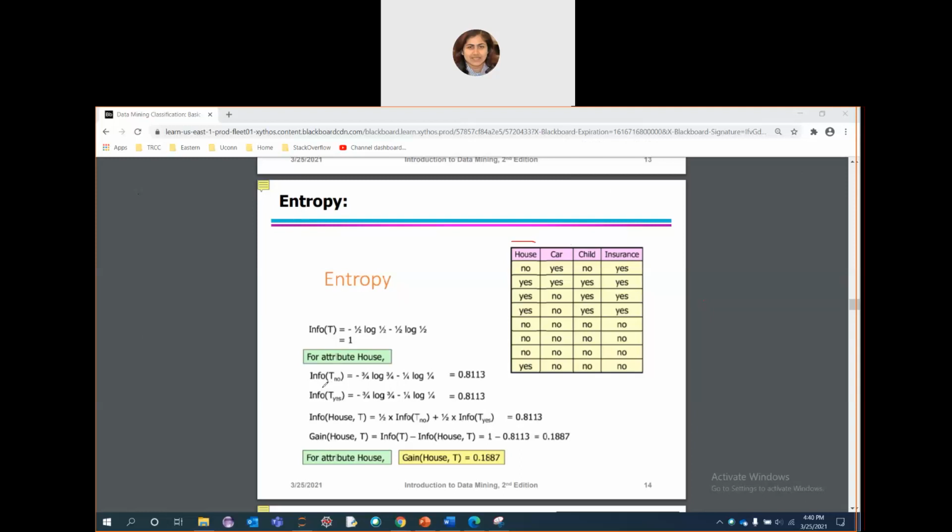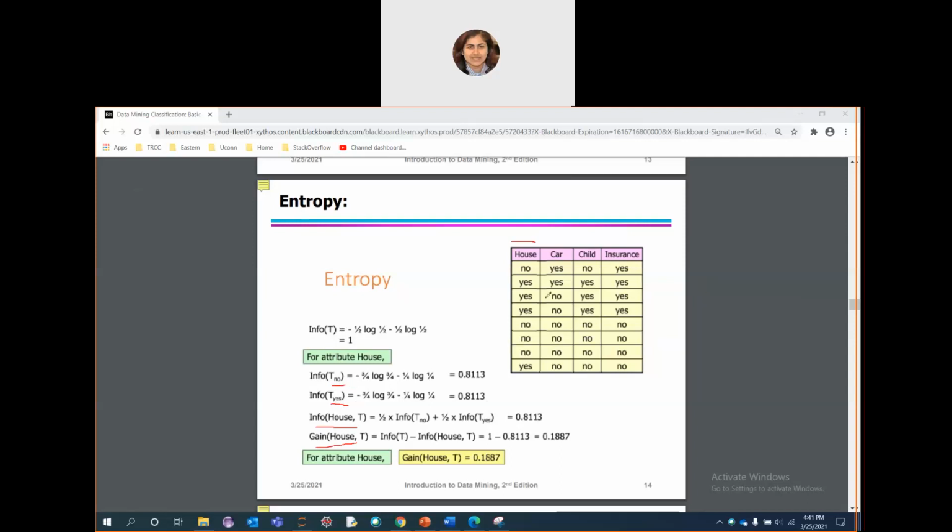Next, we are going to see the entropy calculation for the house. So first we need to calculate for each class type, that is, we have either yes or no class for each attribute. So for no, we will calculate entropy. Then for yes, we calculate. Then for the whole house, we will calculate out of the total info T. We will calculate entropy. Then we will calculate gain. There are 4 steps. So first, let's see T of no.